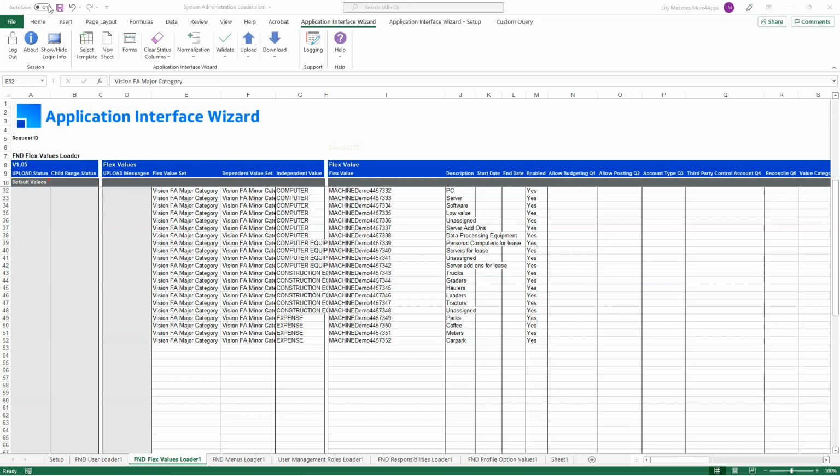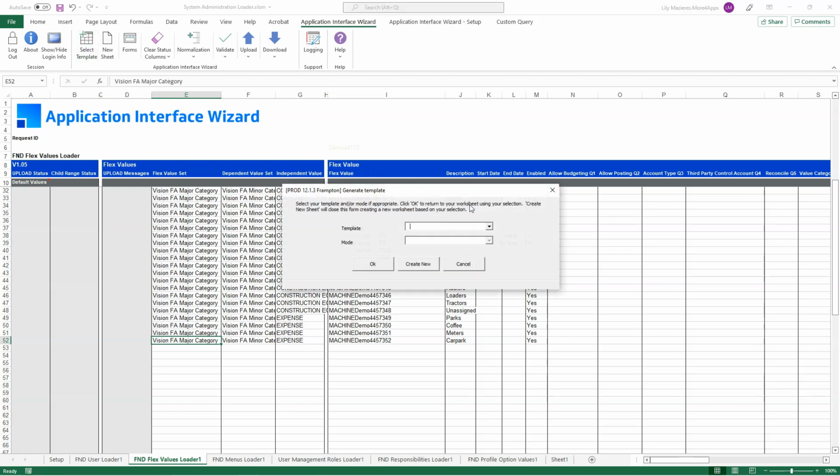To use this loader, you need to connect the workbook to your Oracle instance using the login button and then select the corresponding template once the template has been installed. Obviously, you can have access to multiple templates within this list of values if you have multiple loaders installed. You can then create a new tab with this template or click OK if you already have a tab with